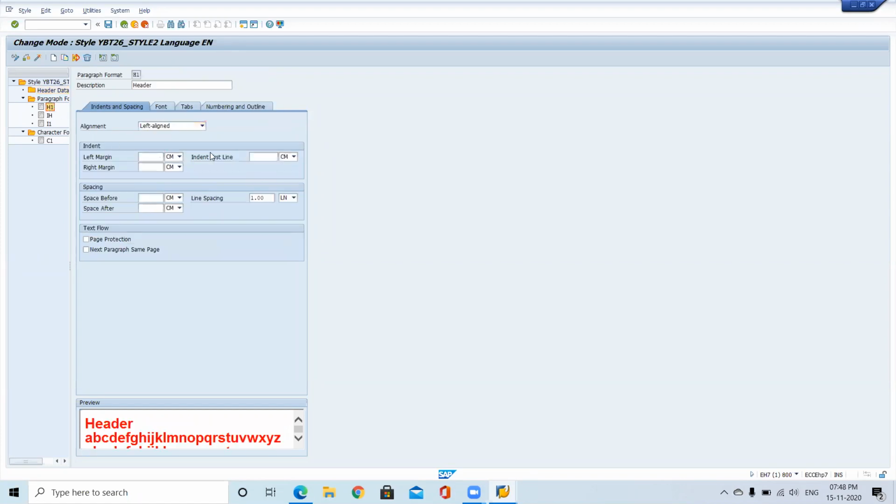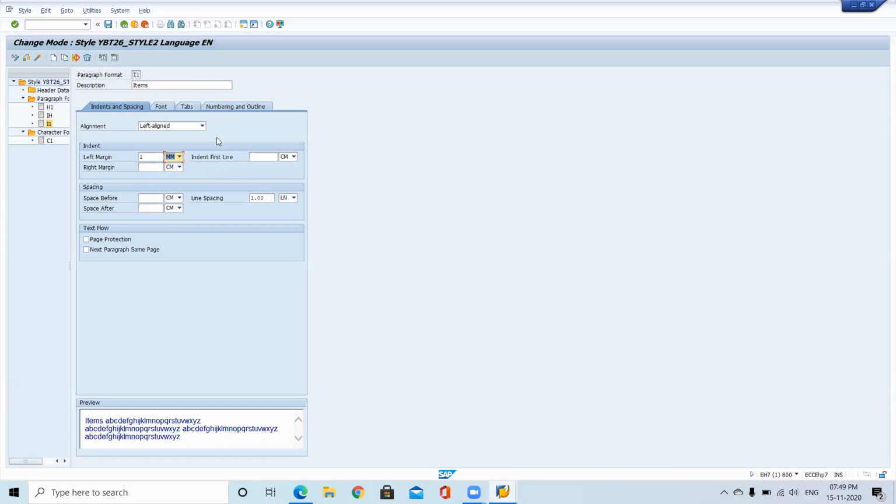At the same time, at the time of creating a paragraph format, always give an indent. Otherwise, it will overlap. Last time I gave indent as 1 mm, otherwise it will sit on the border. Look wise it will be odd. So for each paragraph, give 1 mm as the indent. Here the indent is the space. It will take a gap of 1 mm. If a line is there and we try to write immediately, it will write on the line. So with indent, it will take 1 mm space and after that it will write.